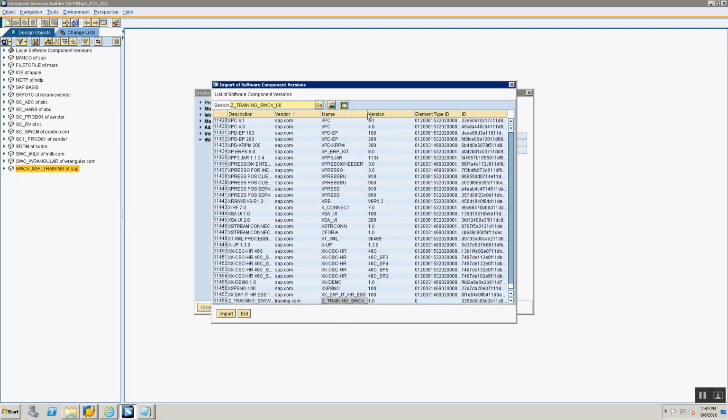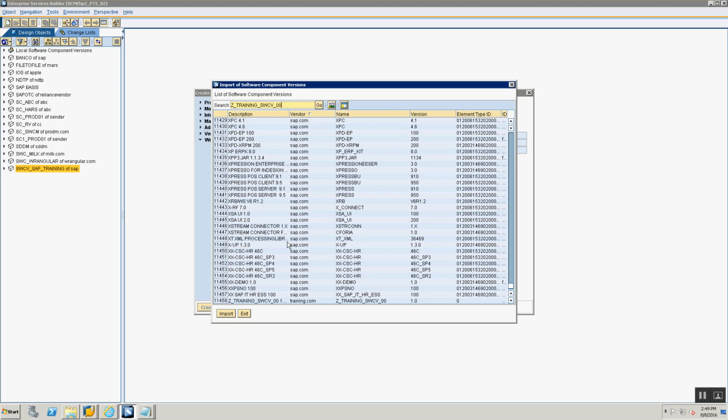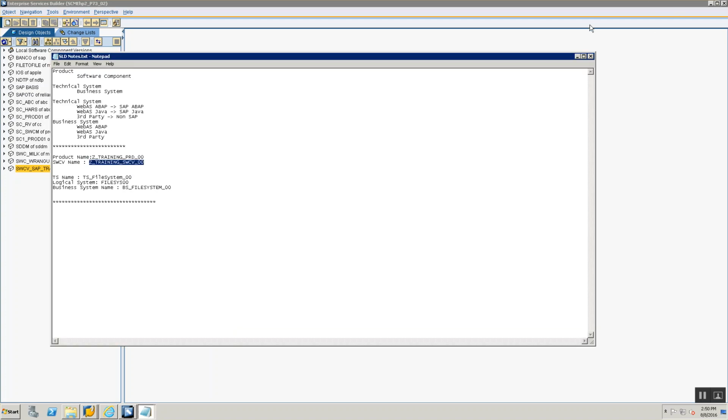And once it finds it, here you go. You see it selected that. So let's expand this. All right. So this was the software component we defined in the SLD. So I select that line and I click on import. So select the line where your software component was defined and then click on import. And when you click on import,